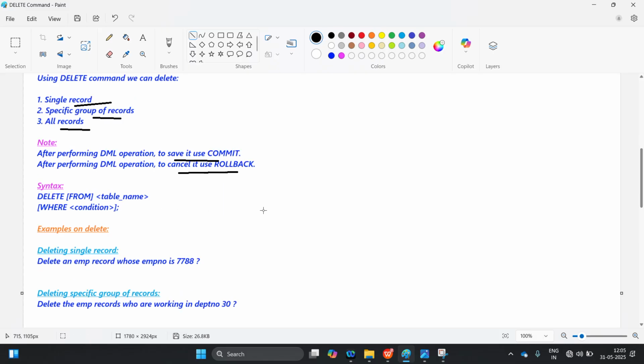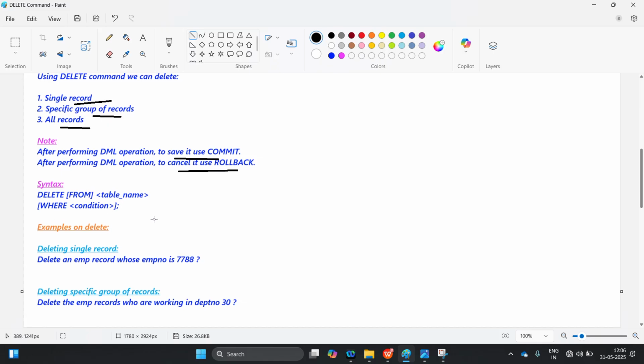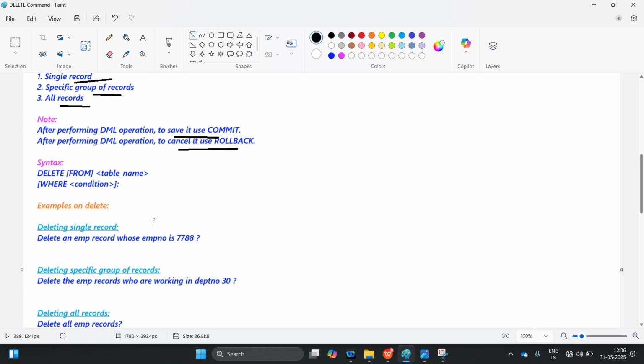Now we have to discuss the syntax of the delete command. First of all we will write delete, after that from, after that table name, after that we write where clause, then condition, then semicolon. Now we have to take some examples of the delete command so that you can easily understand